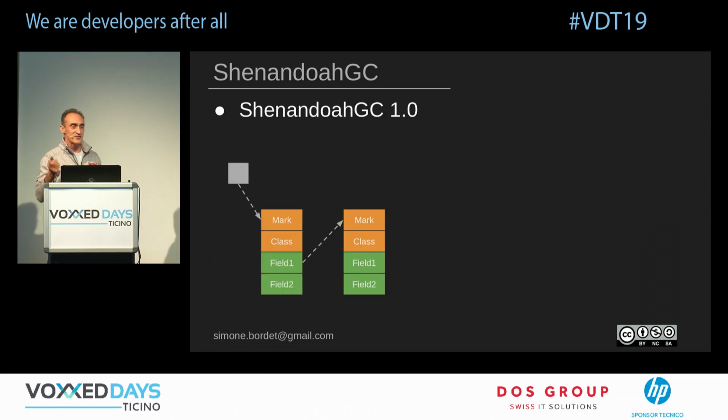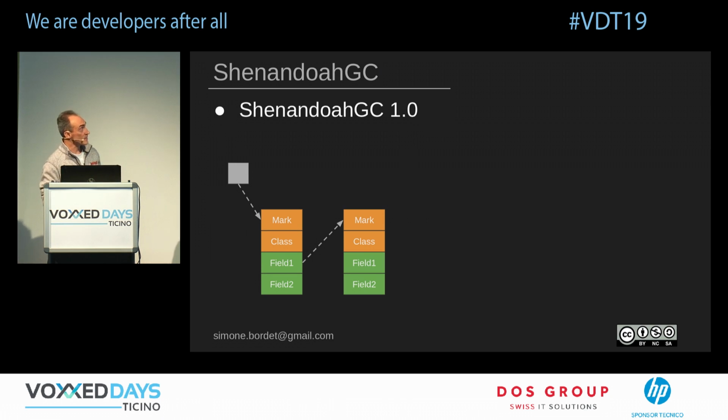So Shenandoah actually came in two versions. The old version is kind of still alive, especially in JDK 11 ports and JDK 8 ports. You will find this version of Shenandoah right now. In the future, of course, Shenandoah 2.0 will be backported all the way back, and therefore in the future you will have a better Shenandoah. But for now, you still have